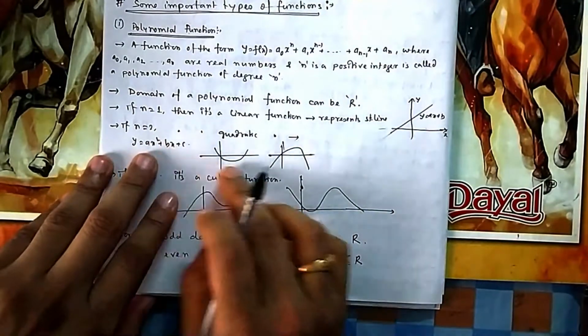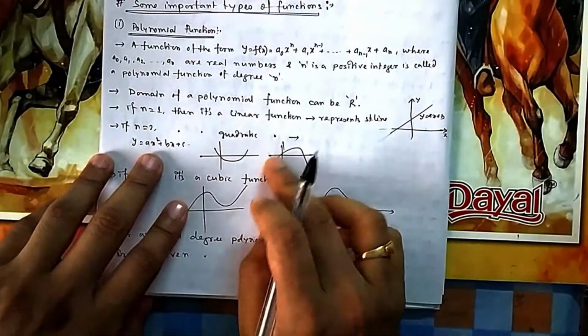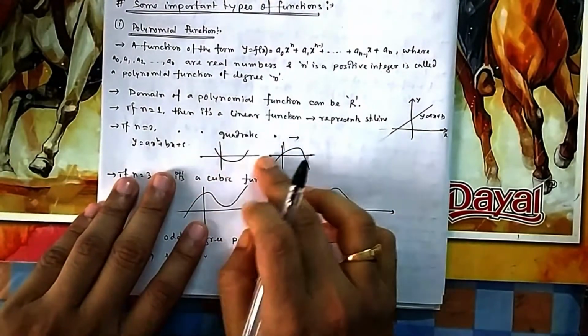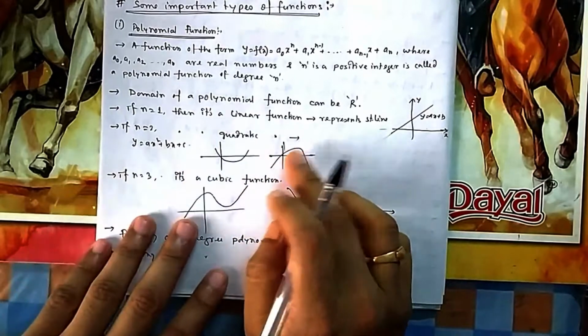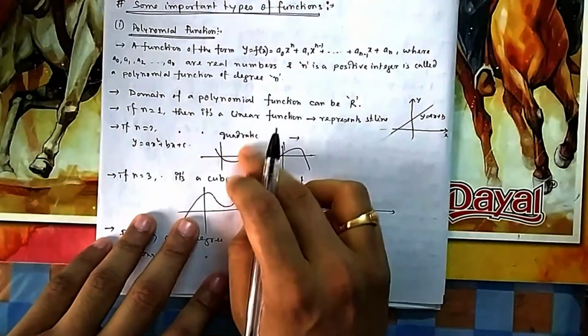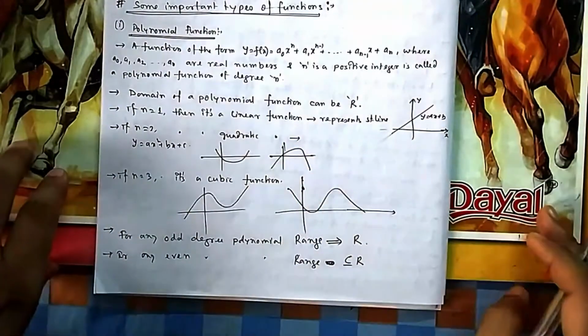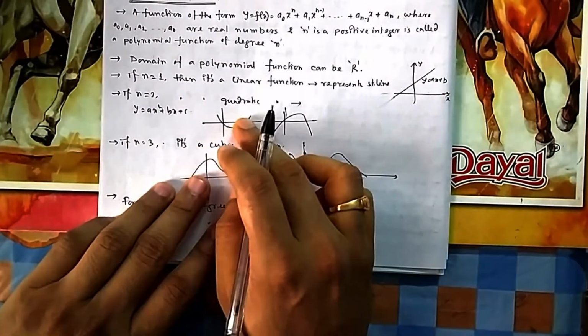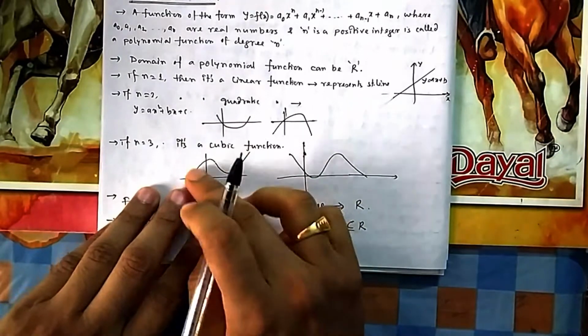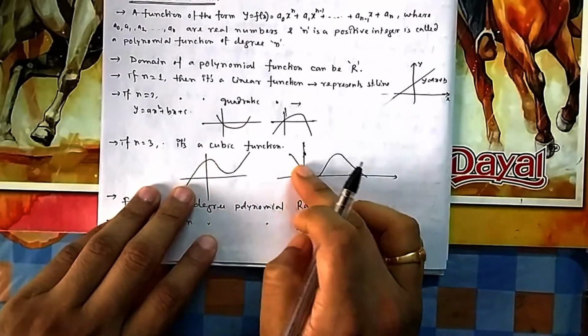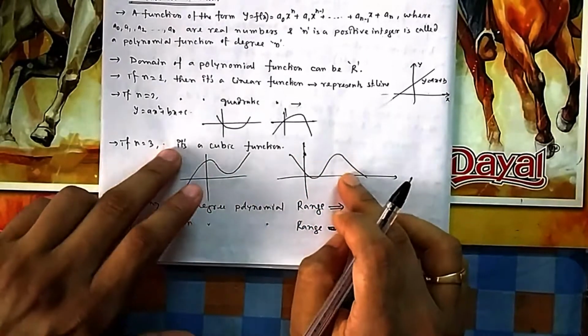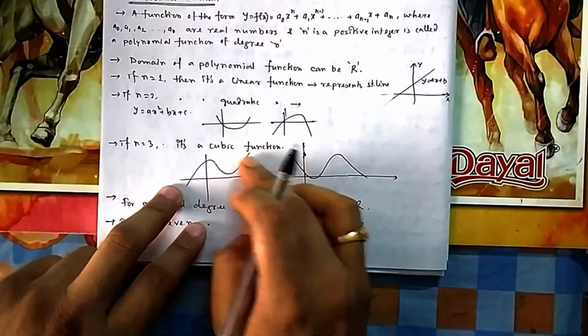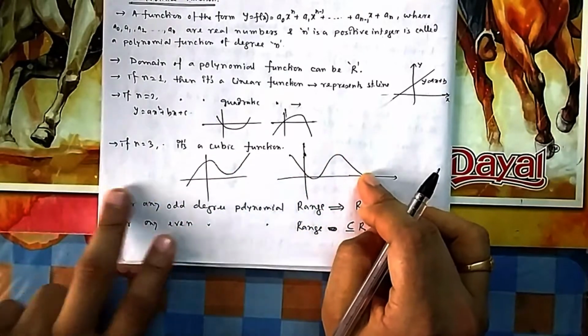If n is equal to 2, then it becomes a quadratic. You have seen a parabola, smiling parabola, crying parabola, for quadratic functions or quadratic expressions, whatever. It will be like this or like this, smiling or crying. If n is equal to 3, then it is a cubic expression. I told you, if it is a square, then it is 1 turn. If it is a cube, then it will take 2 turns. So it can take 2 turns in this way, or it can take 2 turns in that way. So these are the two possibilities of a cubic function. Either the shape will look like this, or the shape will look like this.